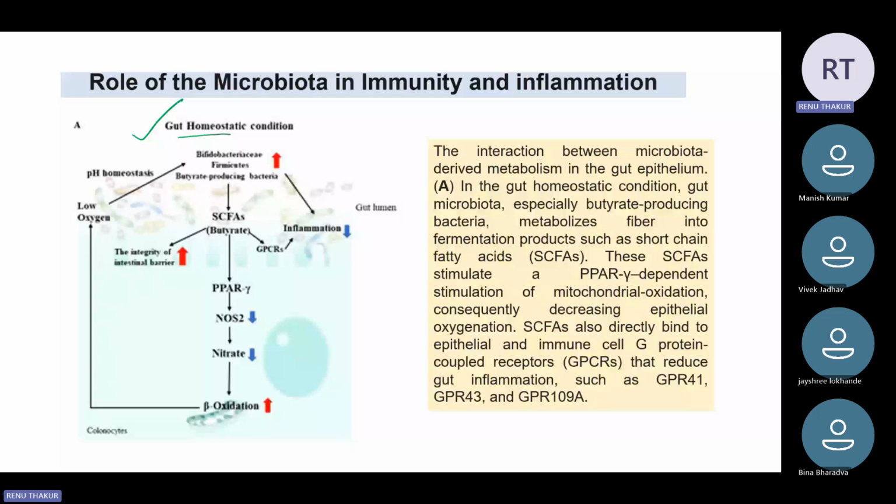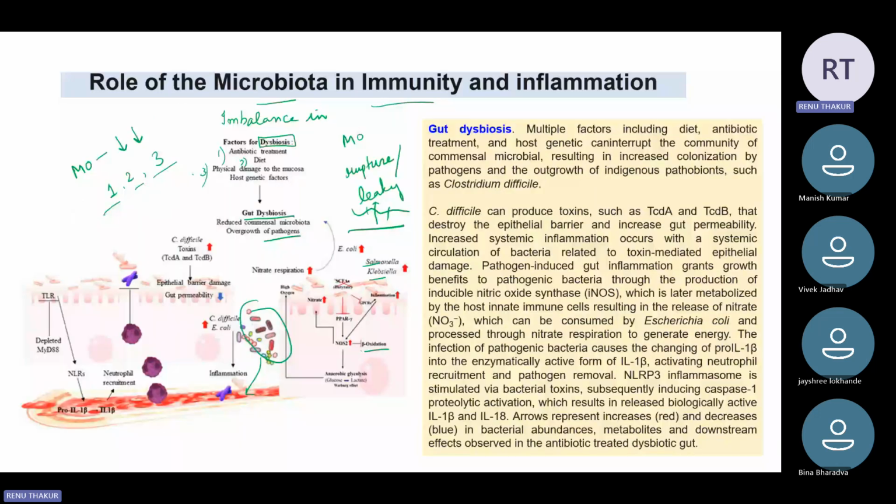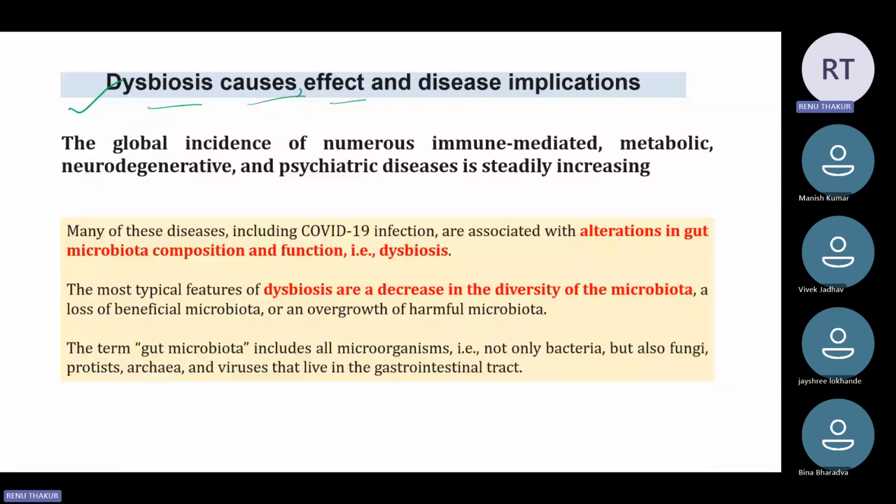So this was all about the gut homeostatic condition and the gut dysbiosis condition. Now we have to focus on the conditions in which dysbiosis occurs, and what are the effects of dysbiosis. If it occurs, then what are the consequences? So we are all aware of the fact that the global incidence of numerous immune mediated, metabolic, neurodegenerative and psychiatric